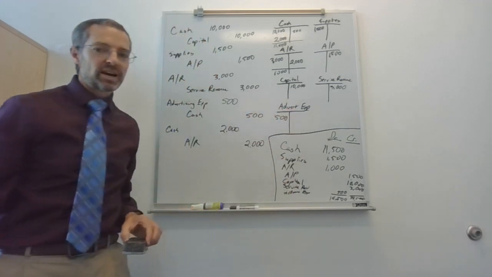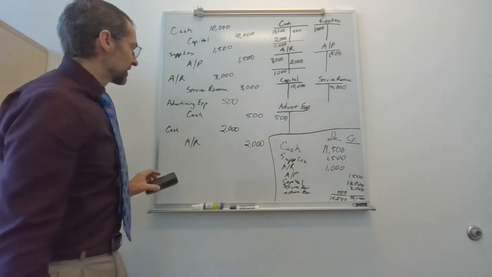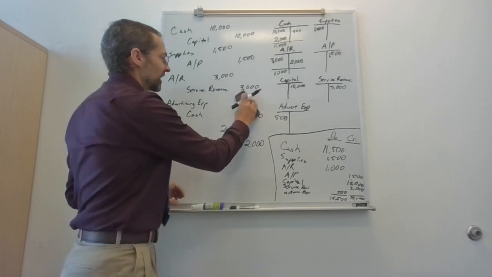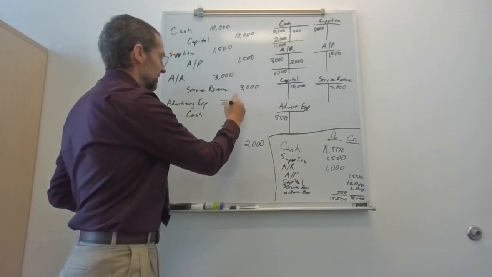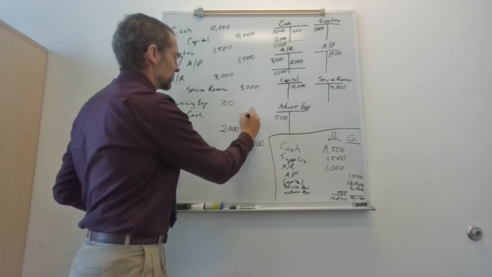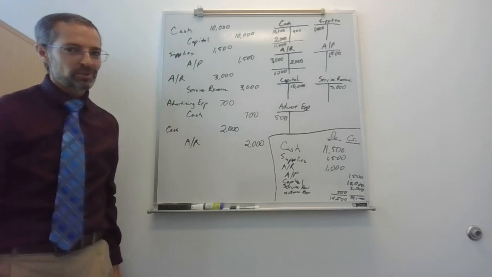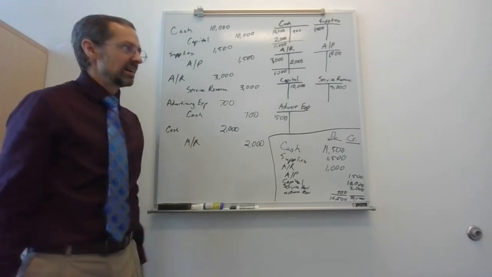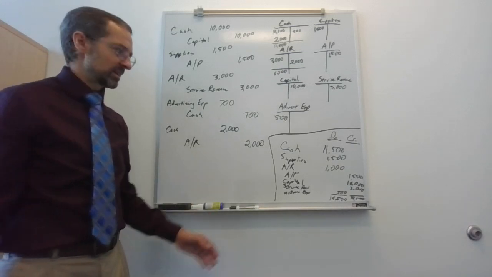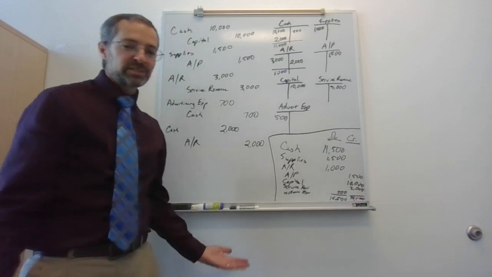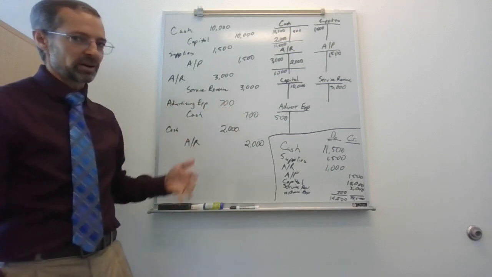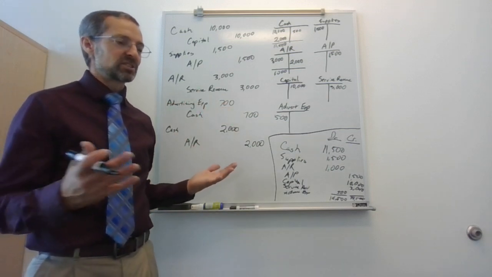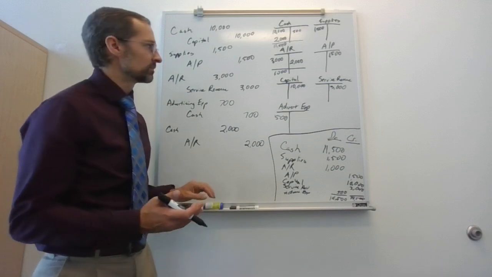So it will catch those problems. What it will not catch is if we read the entire thing wrong and we accidentally wrote down 700 advertising expense, 700 cash. Guess what? Our debits equal our credits. It's not going to catch that mistake because we're down here like, yeah, debits equal credits. I must have done it right even though you originally did it all wrong. All it will do is catch whether debits equal credits.